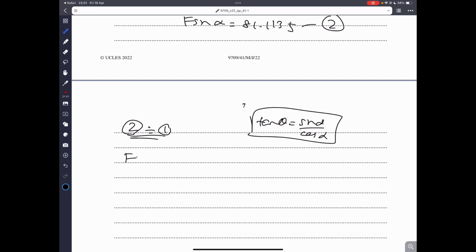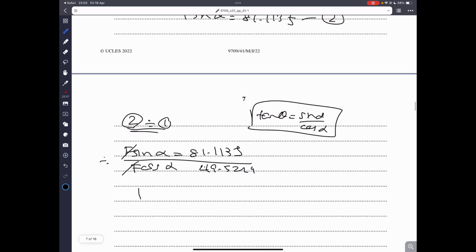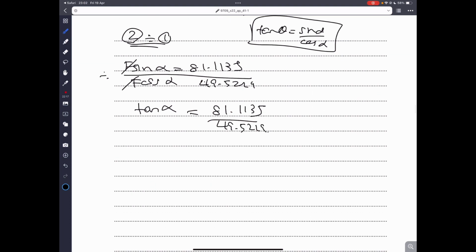So F sine alpha equals 81.1135. This is being divided by F cos alpha, which is 49.5229. We divide these two, the F will cancel out, and this will produce a tangent ratio, giving 81.1135 divided by 49.5219. Okay, put that into your calculator, use tan inverse, put this exact number, you'll get 58.6 degrees as the